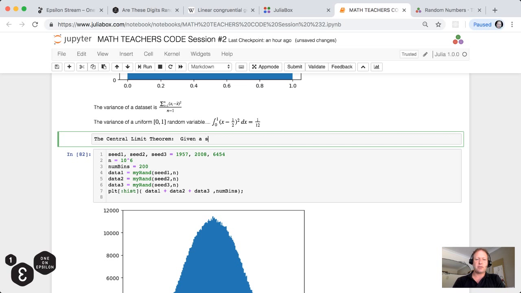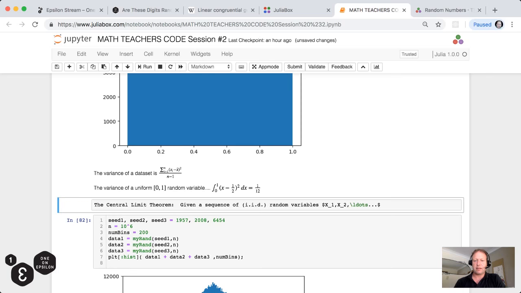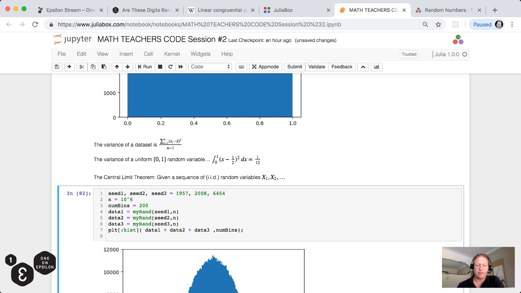Given a sequence of random variables, and to be technical they need to be IID in the basic Central Limit Theorem, independent and identically distributed random variables, and these random variables are x1, x2, etc. Okay, that's the Central Limit Theorem. I guess I didn't need those dots here. I'm writing here in LaTeX, and that's completely not important for the purpose of the coding, but you might as well see it. So given a sequence of IID random variables x1, ..., xn,